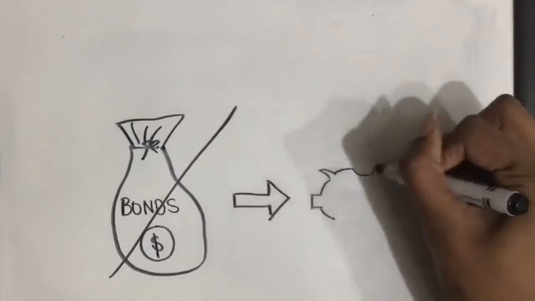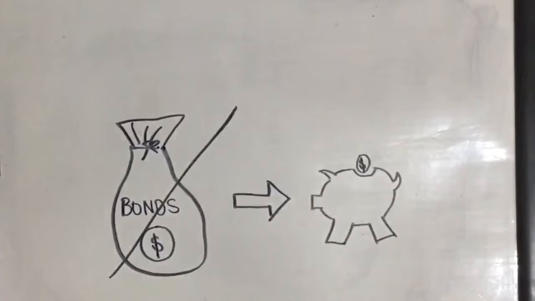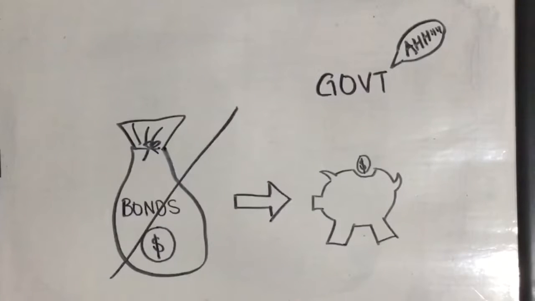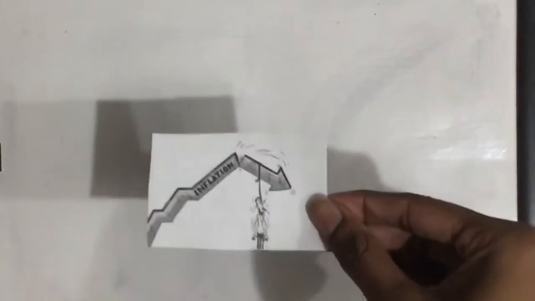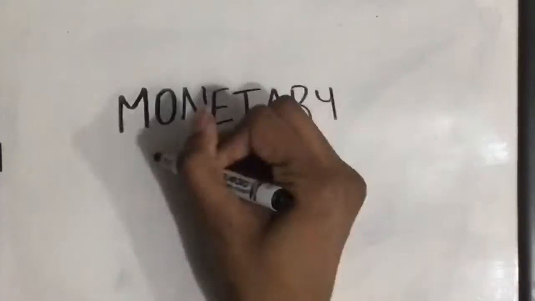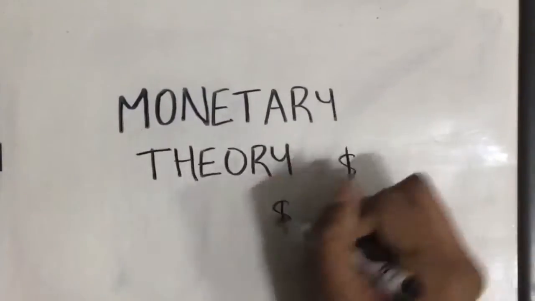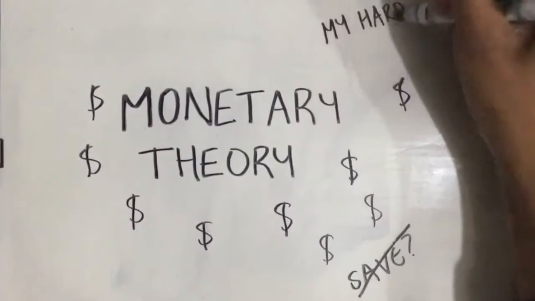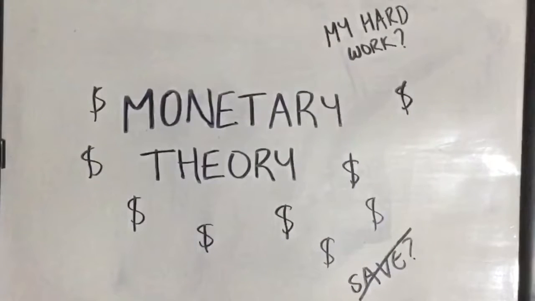Citizens then proceeded to try to retrieve all their money from their savings accounts, which forced the government to print lots of money, because evidently there was no money to go around. The end result? Hyperinflation, because as we know through the monetary theory, an increase in the money supply causes inflation. Soon savings were considered useless, and for many citizens, a lot of hard work and money previously saved now had little value. Since the value of money was decreasing by the day, people could not buy anything either.